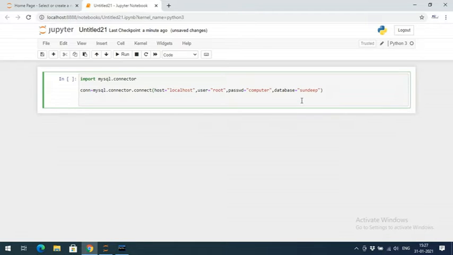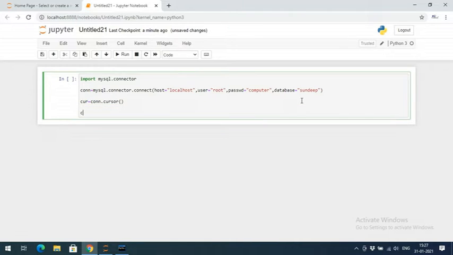Now, in order to execute any MySQL query using Python, we need a cursor object. Through the cursor object itself, we have to execute the query. First of all, we need to create a cursor object by using cursor is equal to connection.cursor method. Then, in order to execute the query, we need to give the execute command, and give the query